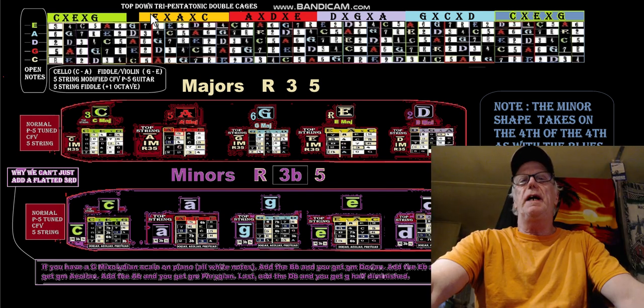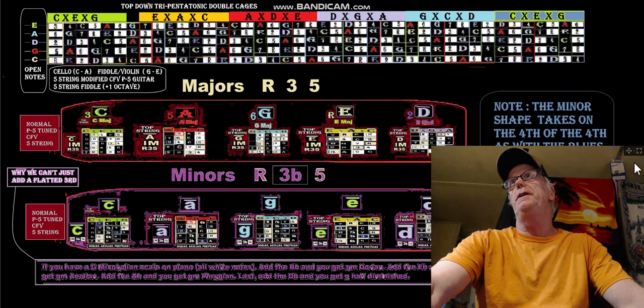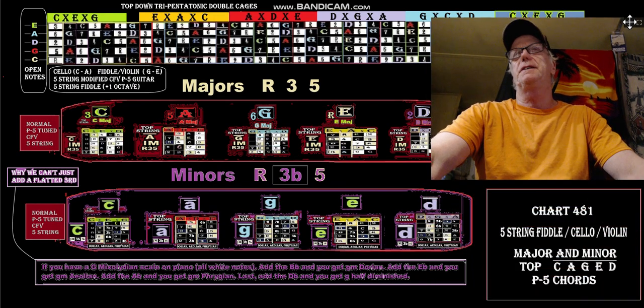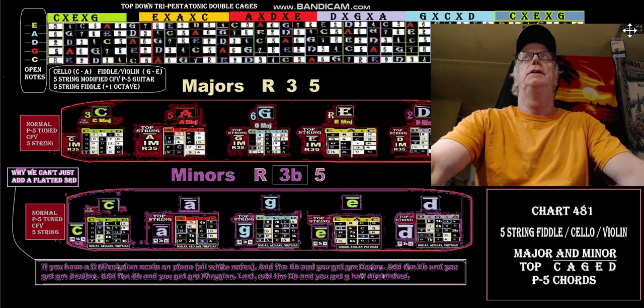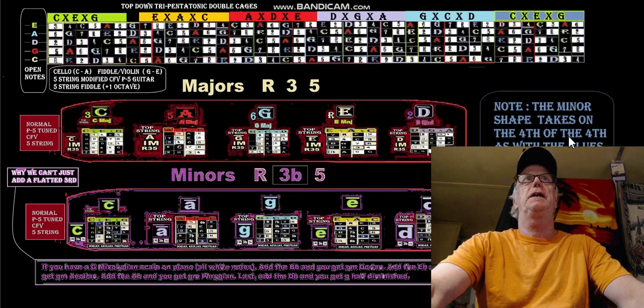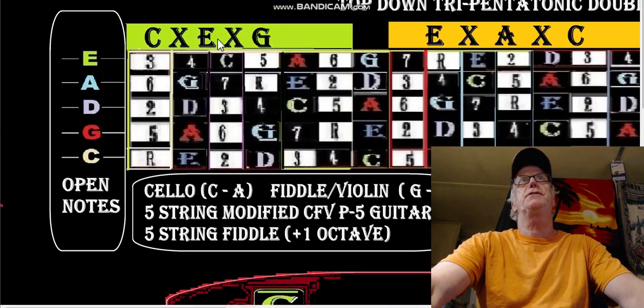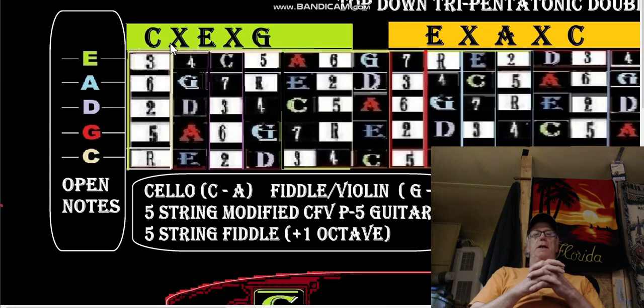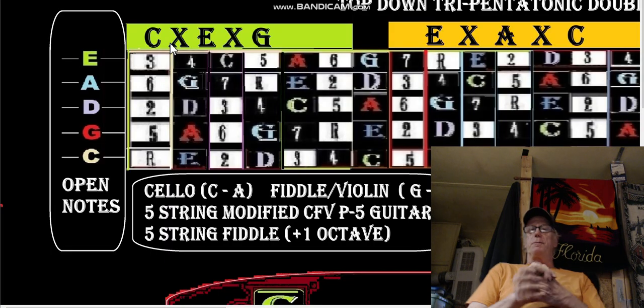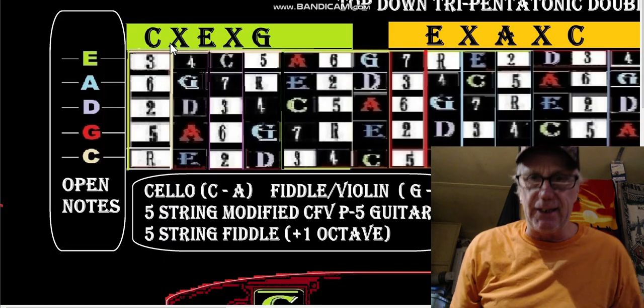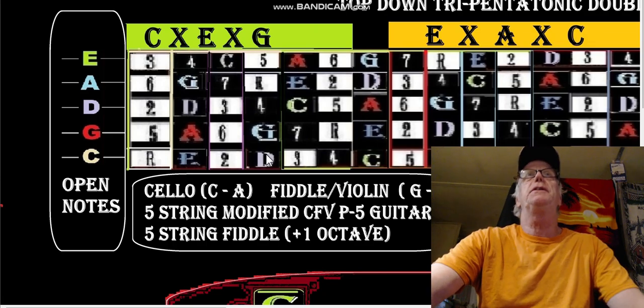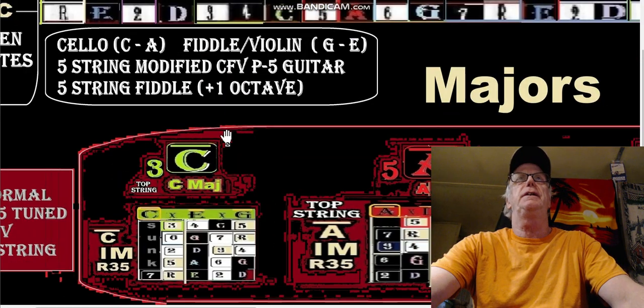Okay, so we got into chart 481 here. Of course, I'd like to dig into chart 481. The major and the minor top caged P5 chords, top down, okay? Top down CAGED means, again, up here we can use this because the fretboard is like the dictionary. It's the perfect place to discuss anything that we're talking about, but it's not going to give you the clarity